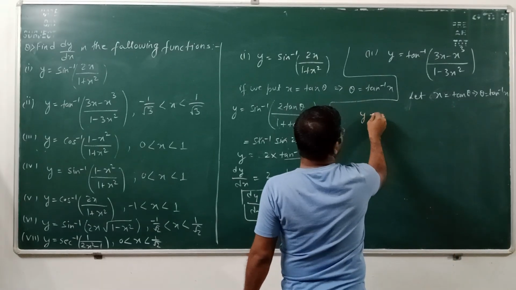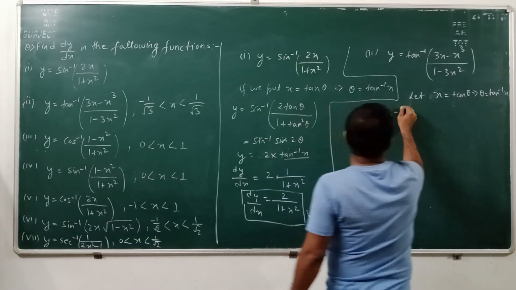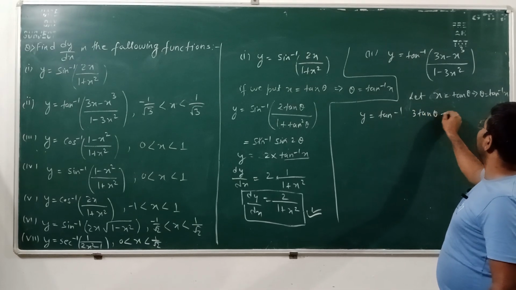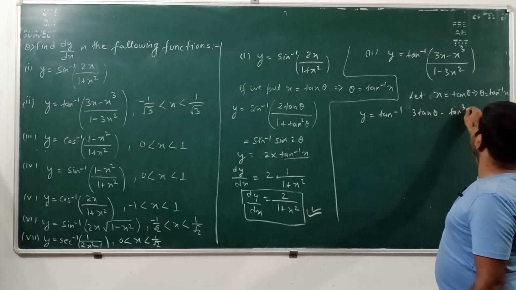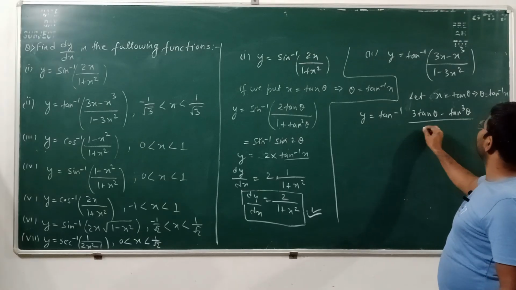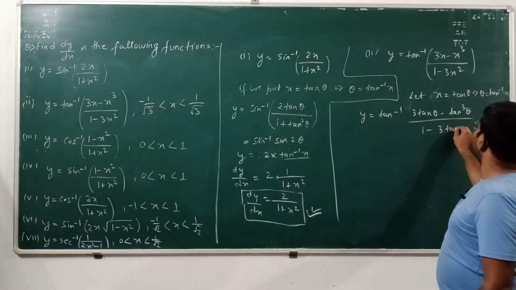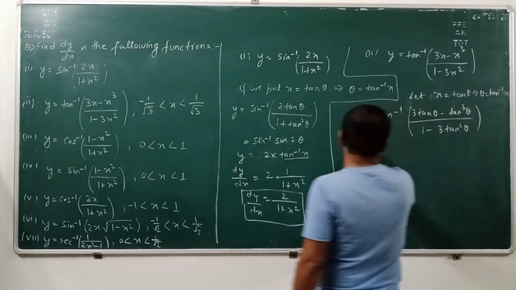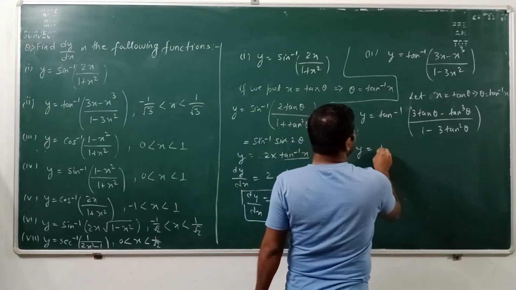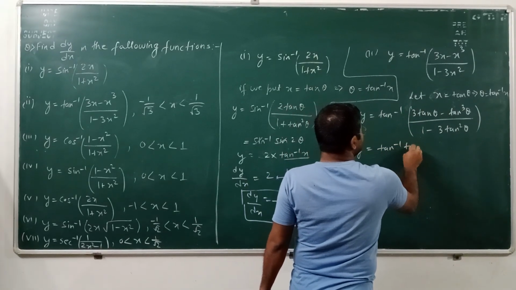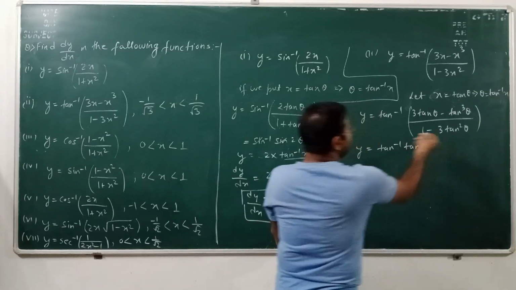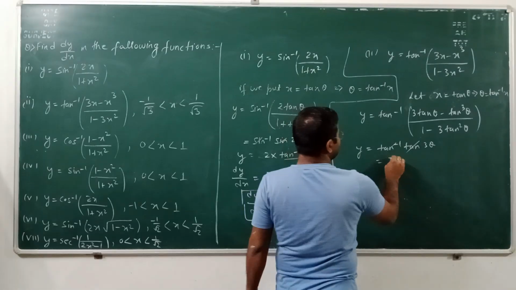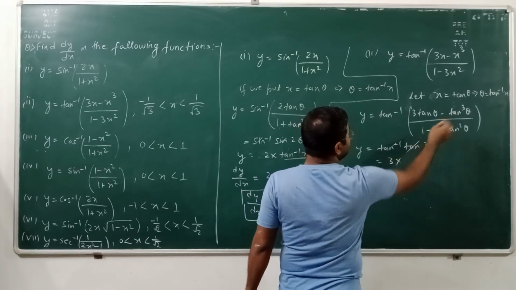Then y becomes tan inverse of 3 tan theta minus tan cube theta upon 1 minus 3 tan square theta. Okay, see this. Now as you know that this is the identity of tan 3 theta. Now if we cancel tan inverse tan, what will come, 3 theta will come, and in place of theta you will write